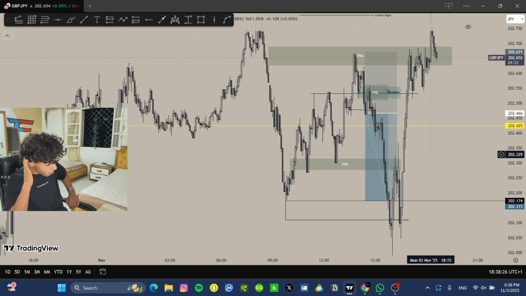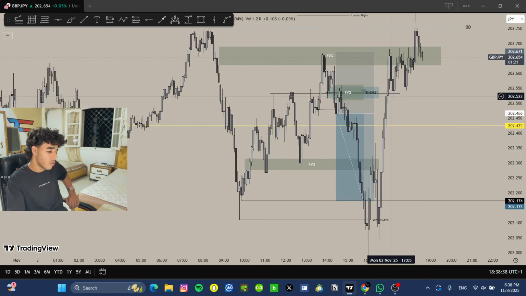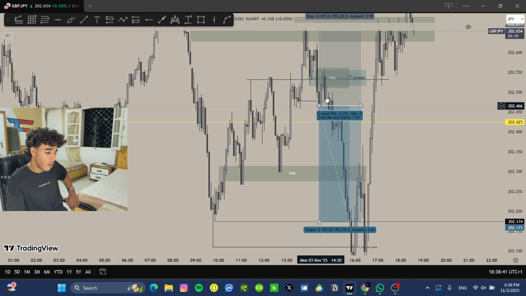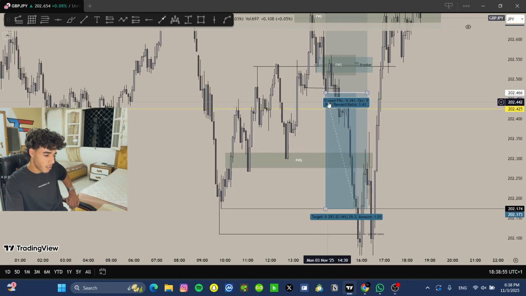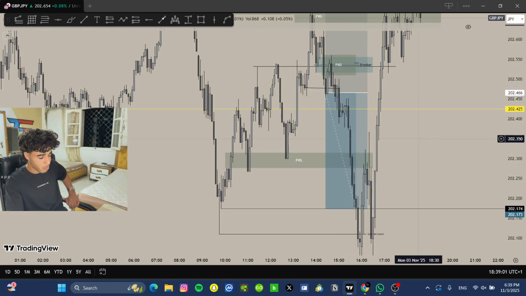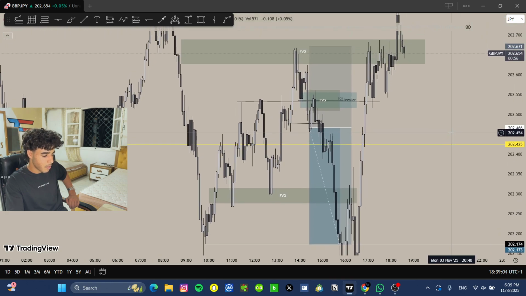The lesson I've learned from today's trade, there's not actually a lesson to be learned here, but I could have entered the trade way safer if I had waited for a retracement back, filling the fair value gap. I didn't want to do that because I had a little bit of FOMO of missing out on this move, because sometimes price action just goes straight into TP or to the next liquidity zone, as it did with this move. I didn't want to risk it, but I said risk it for the biscuit, and I got into the trade.